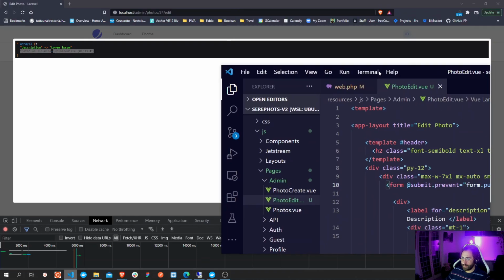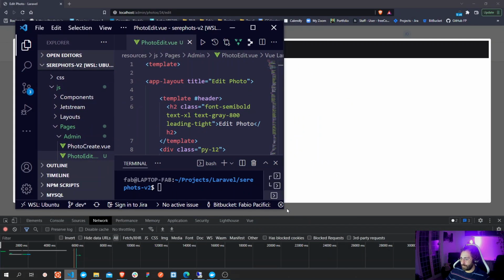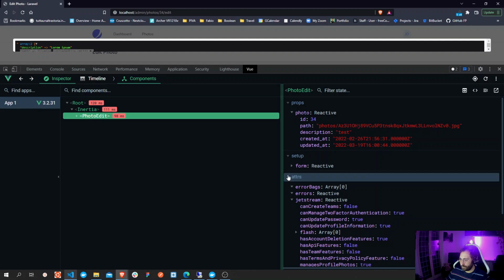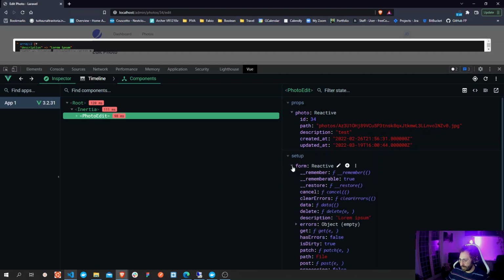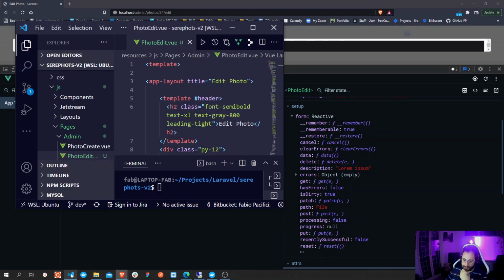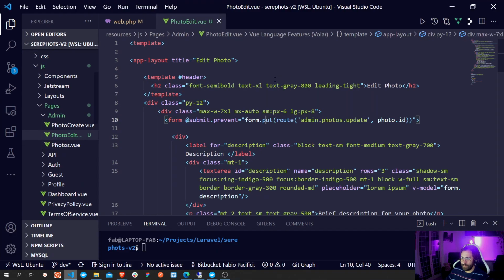Let's quickly check inside our Vue tab to see if the form object has some sort of put, patch. Well, there is a patch and there is a put. Right, there are put and patch methods other than the get method. Let's see if we can actually do that, perform a form.put as the request, but maybe it won't work. I mean, it should work, form.post and then the put and then the request,